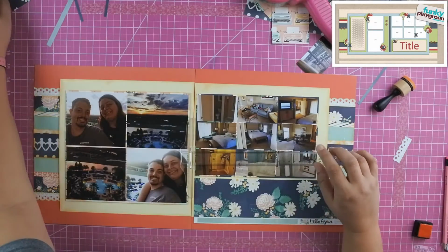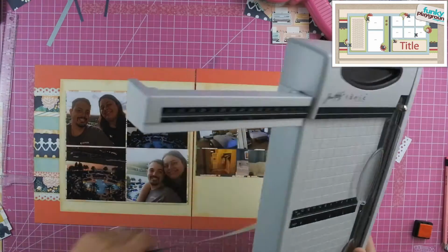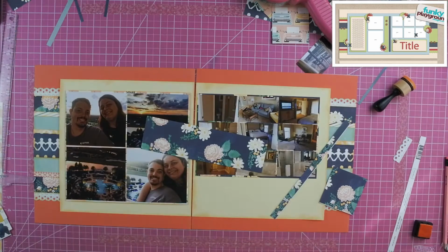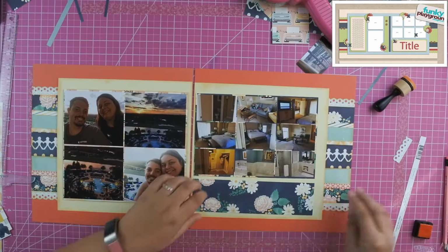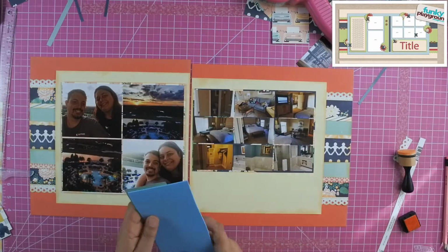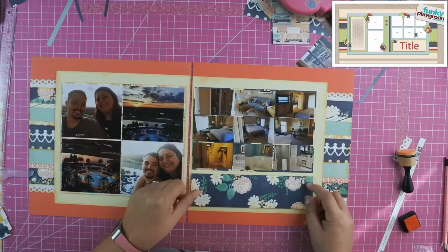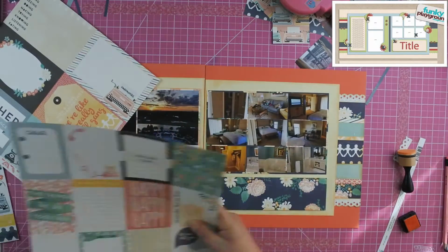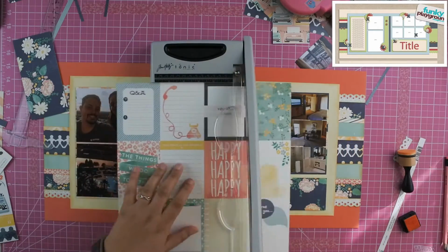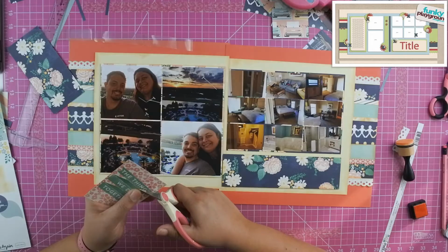So then I'm going to take the navy paper again, and I'm going to start my title for this. So I'm going to put the navy paper down, and I'm going to use foam adhesive on the back to raise it up, and then I'm going to put this pink paper on top of it to add my title to it. But first I'm going to cut out this 3x4 card that says the things we do together. I'm going to fussy cut that out, and